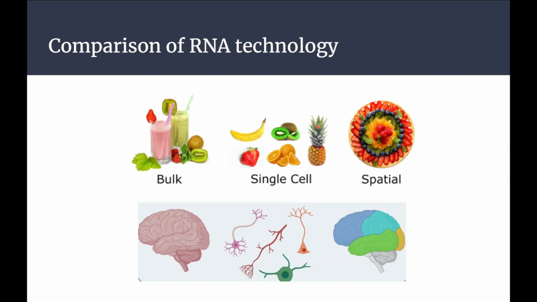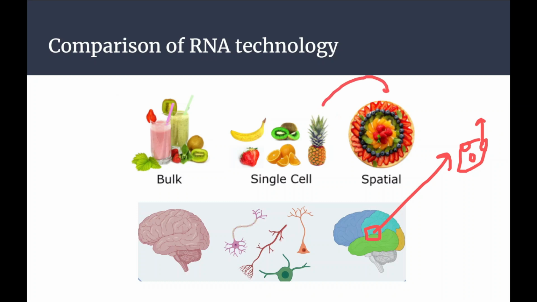But one thing we are losing in single cell is the location. For example, if we have a brain tissue and we isolate a region, so we have the tissue and we isolate the cells, but we are losing the location, whether the cell is located at this region or this region or this region. We are not keeping this information in single cell, so we can't say exactly at which location a particular cell is present.